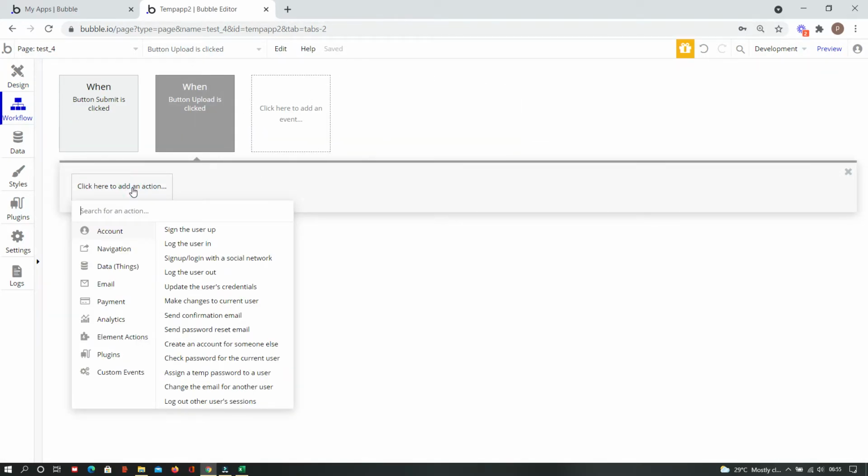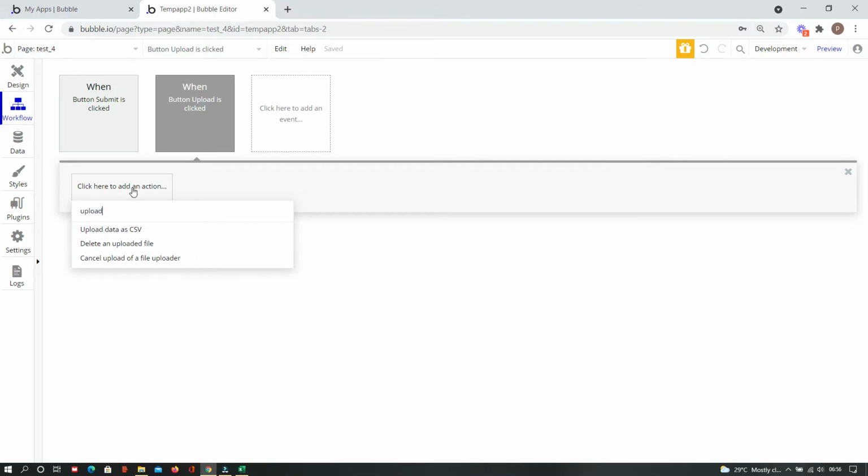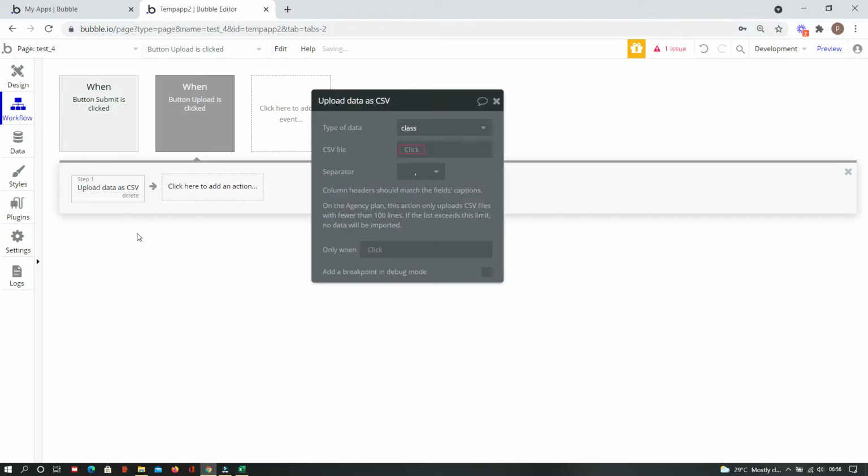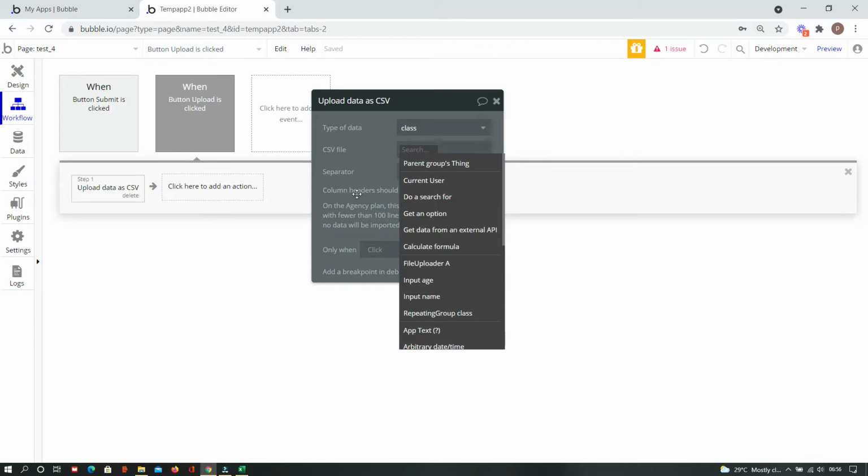What we need to do is just upload data as CSV, and in CSV we need to select the table which we are uploading a CSV file for. So I'm uploading a CSV file for class, so class here, and then CSV file. This CSV file will be the value of our file uploader.